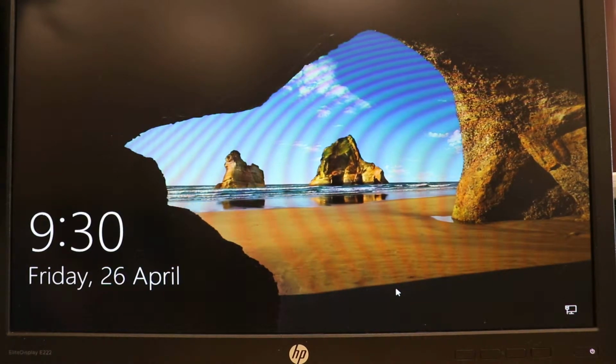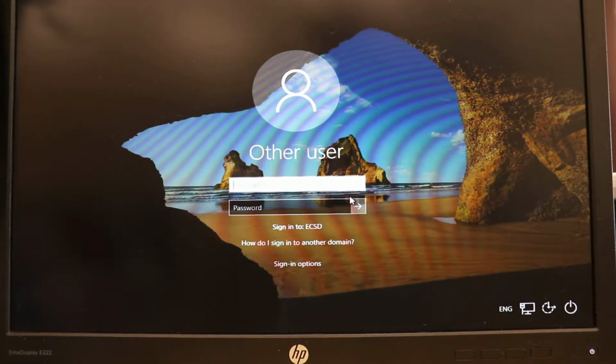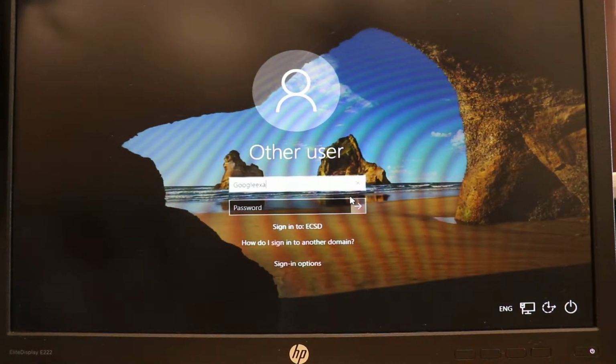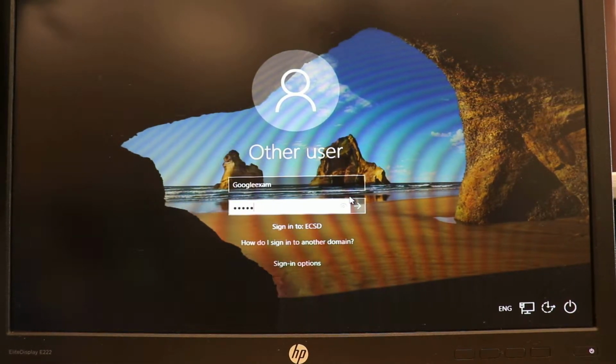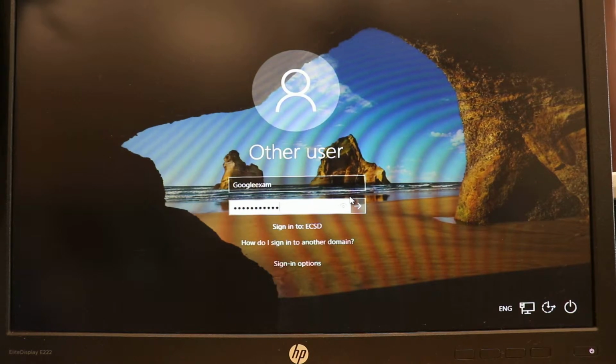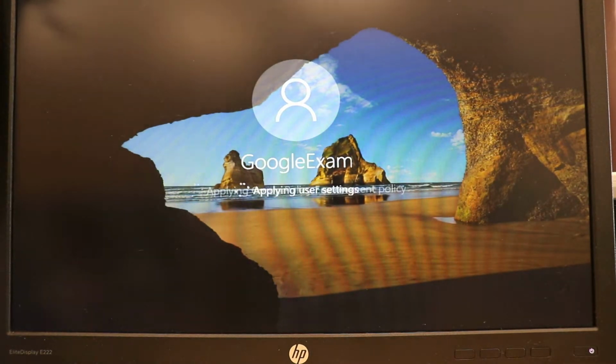For students to be able to write secure PATs and diplomas using Windows machines and the Google Classroom method, they're first going to need to log onto the Windows machine using the username and password Google Exam and ECSD Exam 07 as outlined in the guide. It may take a few minutes for the policies to apply, but once it does, a secure